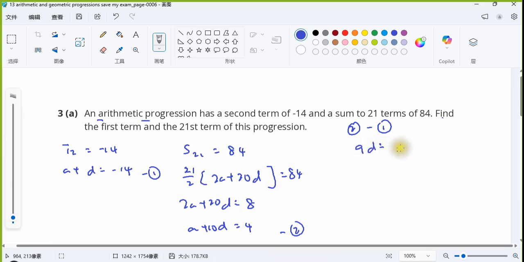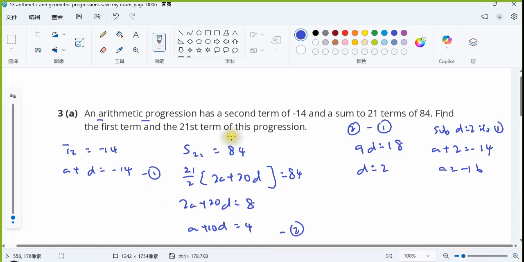Then we have 9D equal to 18. Then D equal to 2. Then we sub D equal to 2 into equation 1. A plus 2 equal to negative 14. Then A is negative 16. Okay. So we have the